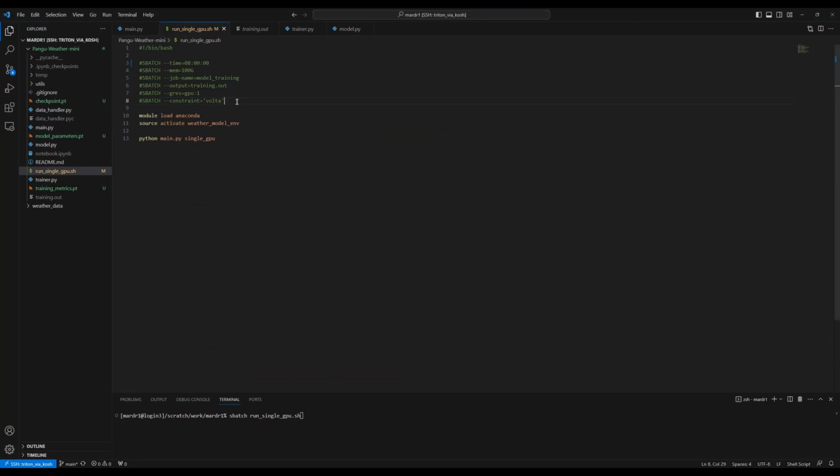But yes, it is possible to request more GPUs, but then the training scripts would need some modifications to use all of those GPUs. I am going to do that at some point.